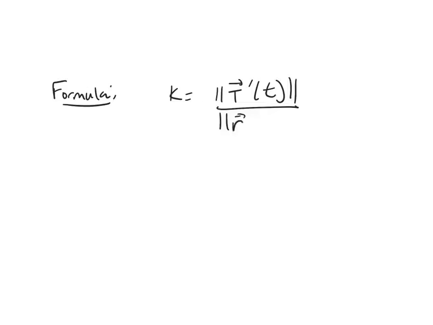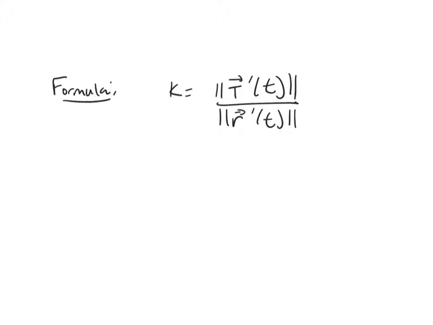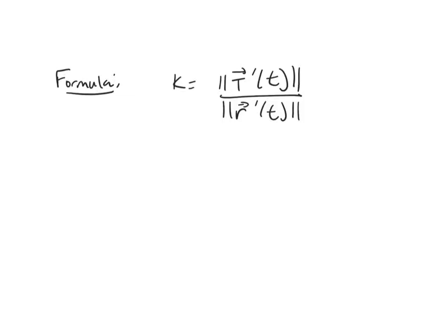So in our last video, we had the following formula for curvature. The formula was that kappa, our curvature, is the magnitude of T prime over the magnitude of r prime. And so we didn't use this formula last time. So what I want us to do is redo the last example, but we're going to use this other formula. So find the curvature